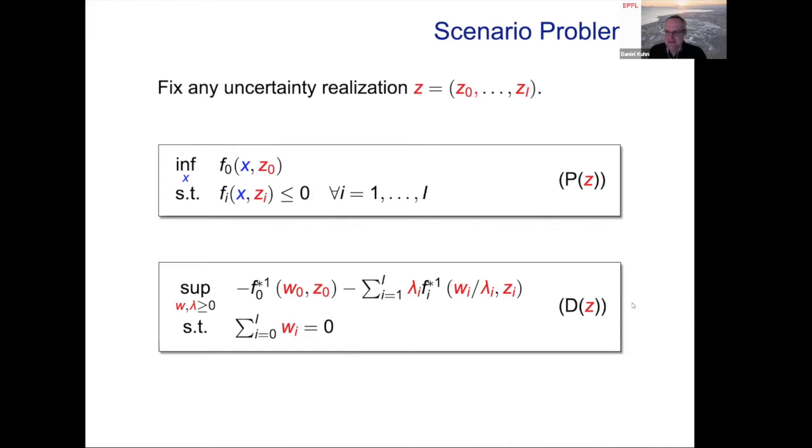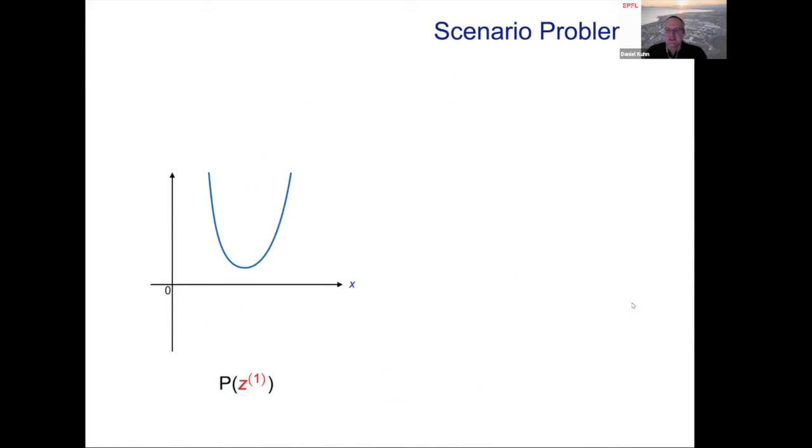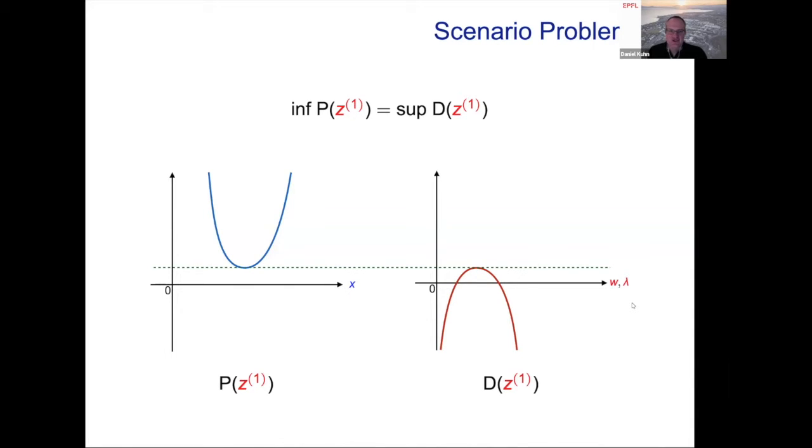And what this actually means is that the scenario problem is just a normal convex optimization problem, and the corresponding explicit dual scenario problem is exactly constructed in the same way. Okay, so now let us visualize the primal minimization problem for a fixed scenario Z1 of the uncertain parameters, and we can visualize that by the convex effective objective function. And of course, the dual problem corresponding to the same scenario is a maximization problem with a concave effective objective function. And under mild regularity conditions, we have strong duality, so the infimum of the primal matches the supremum of the dual.